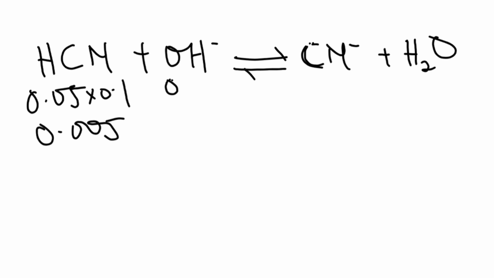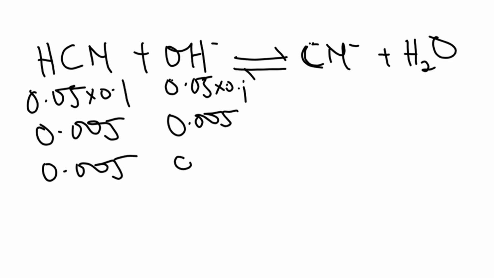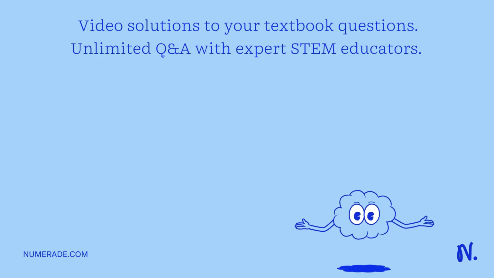So also 50 mL, right? Most of it must have been added because the concentration times volume, 0.05 times 0.1, is 0.005 moles, right? Which would mean that the number of moles of the conjugate, the cyanide ion, that will be produced would